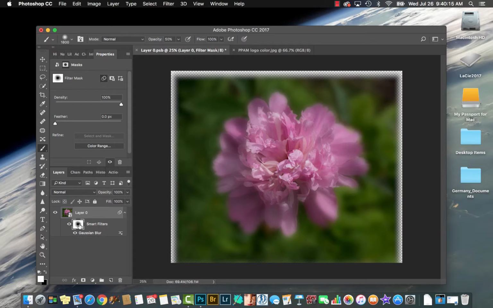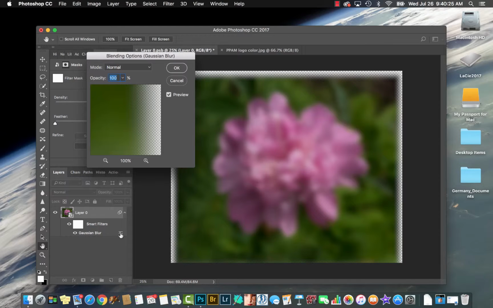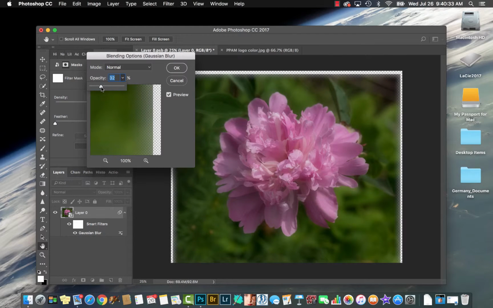I'm going to fill that with white because I want it to be over the same thing. You may have already known that, but this is probably going to be new to you. If you double click on this little icon here, you can control the opacity of the filter effect with a little slider here. So I can ratchet back how much the filter is going to take effect there, the smart